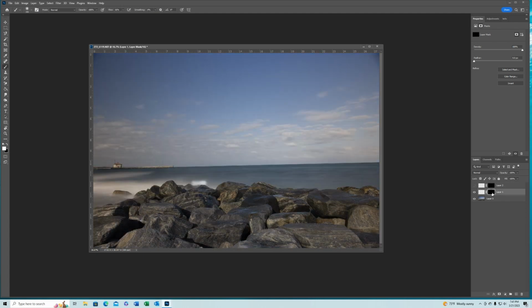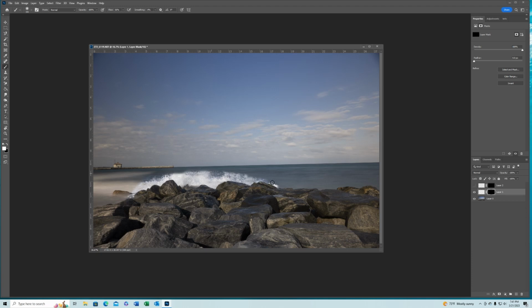So after you convert it, you want to paint with a white paintbrush inside your layer mask, and here I just start to paint in. So you pick whatever brush you want. You don't want it too big, and make sure your opacity is 100%. You can change your flow rate to what you think is appropriate,